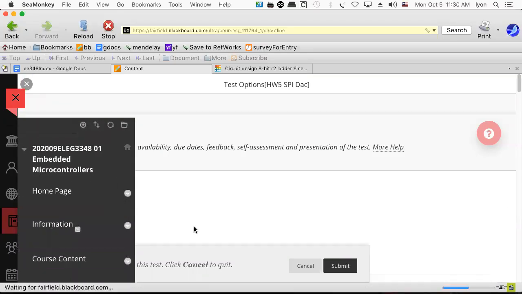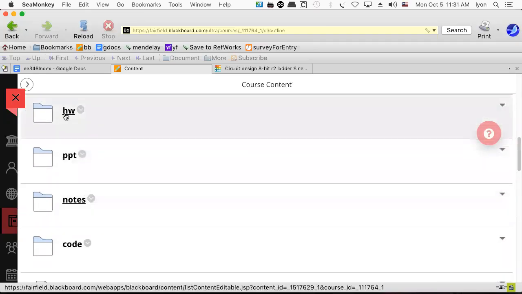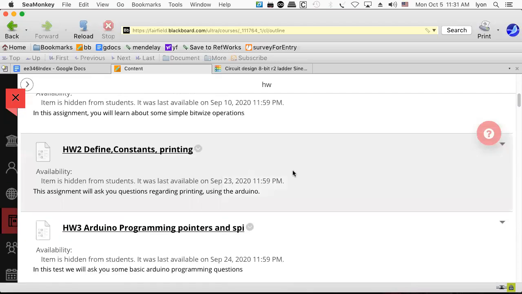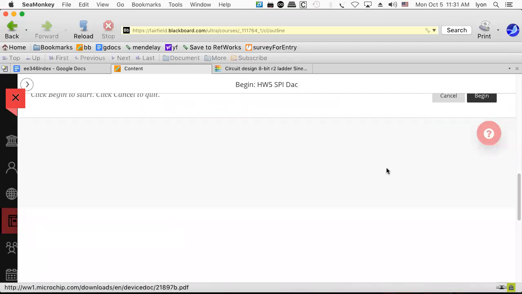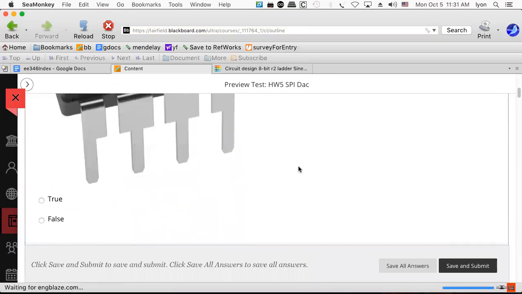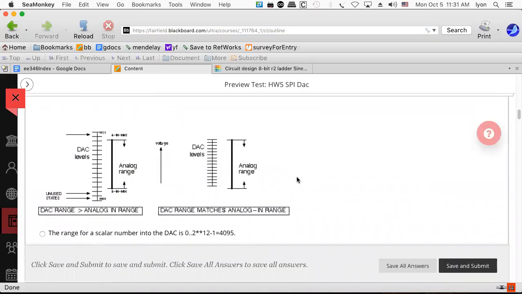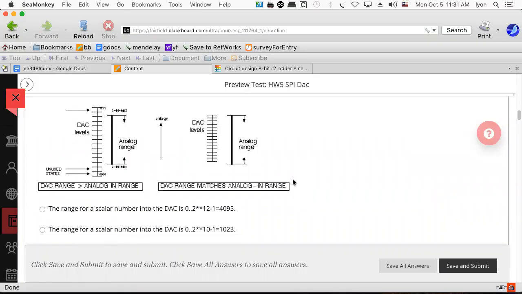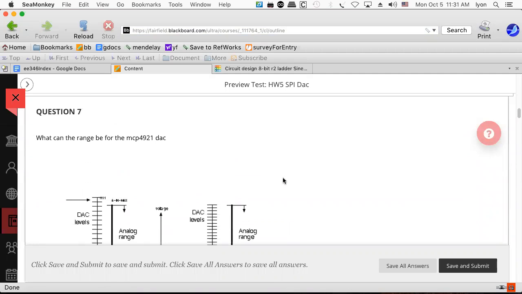I guess I have to go back to course content. I'm not sure why. Let's do homework. Take a look at begin, and then question number 7. So here's a question: what can the range be for the MCP